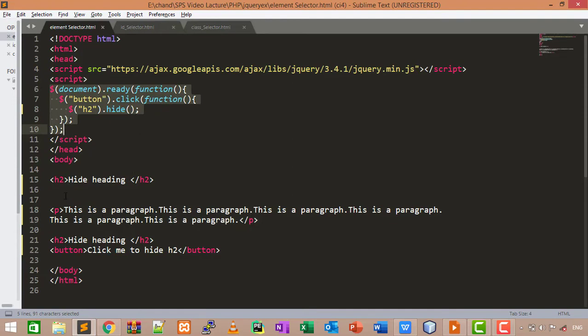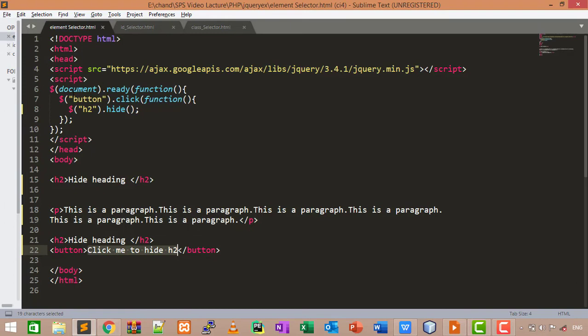Here we will use h2, and in the h2 tag we will write hide heading. Then we will use our p tag and write this is paragraph, and we will use another h2 tag and write hide heading. Here we will use our button, and in the button text we will write click me to hide h2.